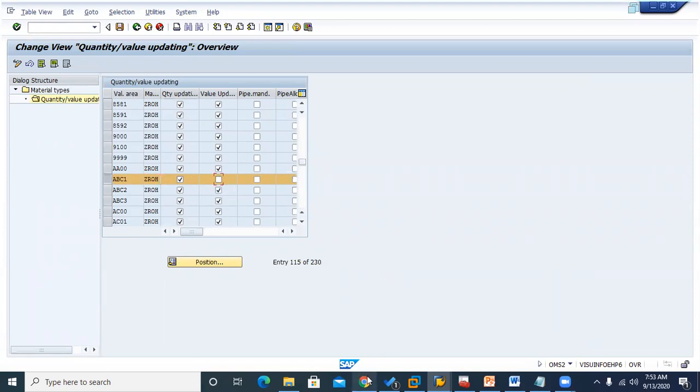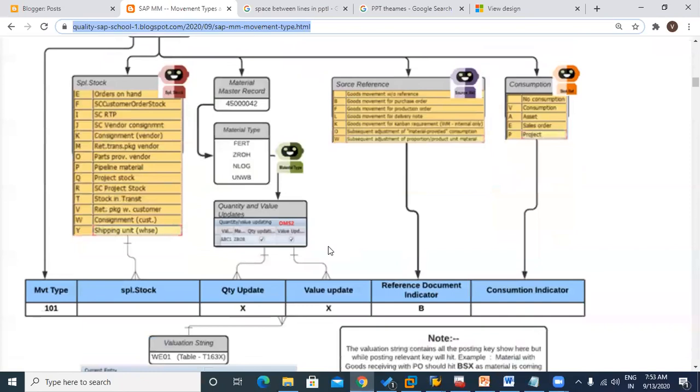So that means the robo is reaching to find this quantity update. How? By material to material type, from material type to the settings in OMS2 that we have given. So quantity update, value update.